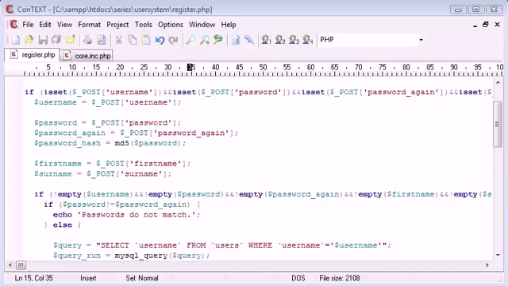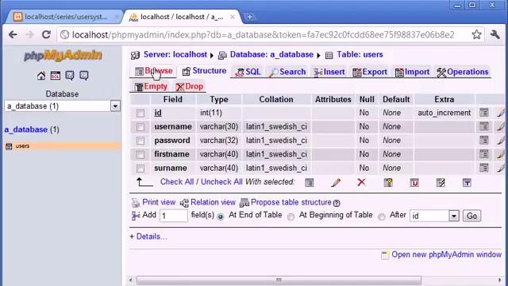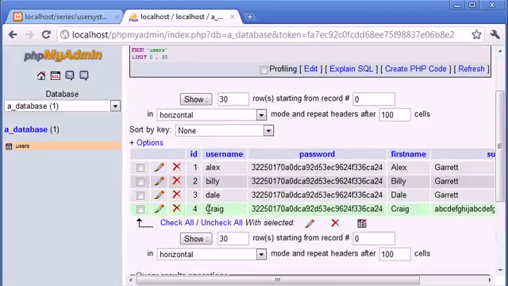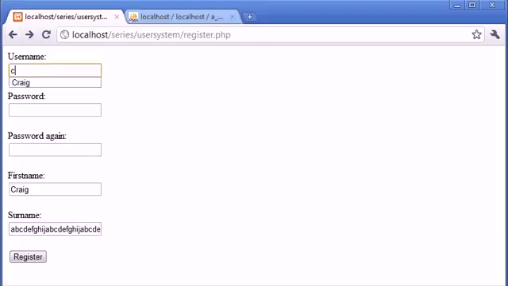And we do have one other issue with the database, which is usernames. If I was to now register a username, let's say with the username Craig but with a small c, this is going to be allowed by our code. The reason being is we're looking at case sensitive comparison. So if I was to register a user on here called Craig, let's go back to the register page, with a small c,